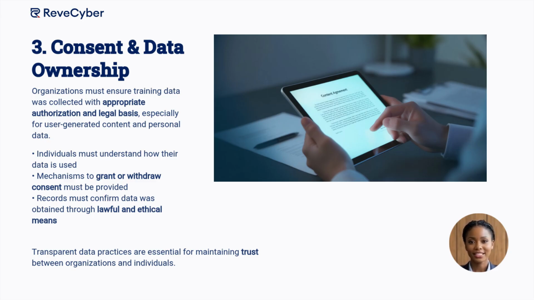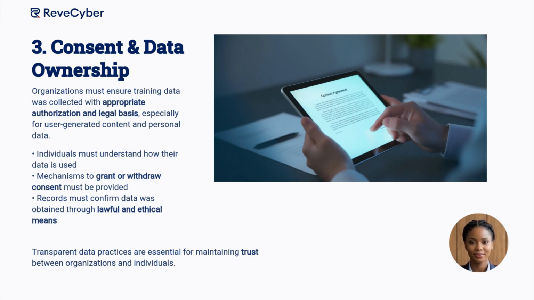In many cases, this can become complicated, especially when data is collected from multiple sources, third-party providers, or user-generated content platforms. For example, if a dataset contains information contributed by users, questions may arise about who has the authority to use that data for training AI models. These kinds of questions are becoming increasingly important as organizations build larger and more complex AI systems that rely on